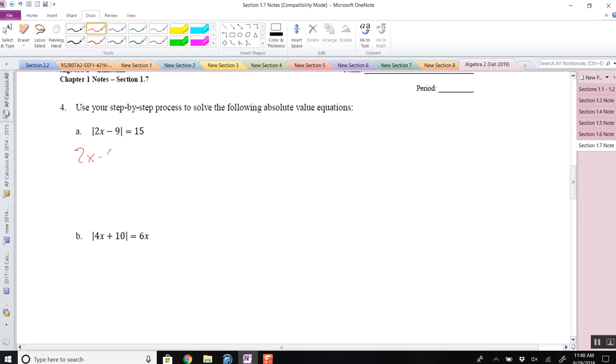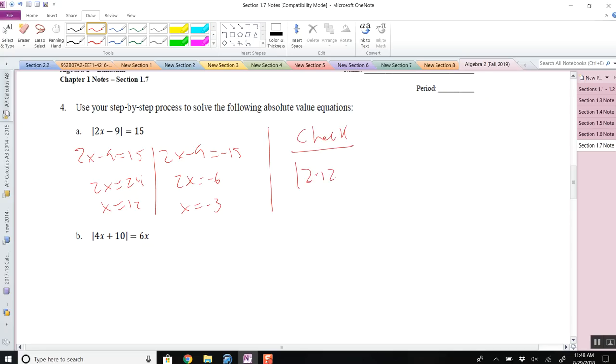So 2x minus 9 equals 15. 2x minus 9 equals negative 15. 2x equals 24, x equals 12. 2x equals -6, x equals -3. When you check your work,